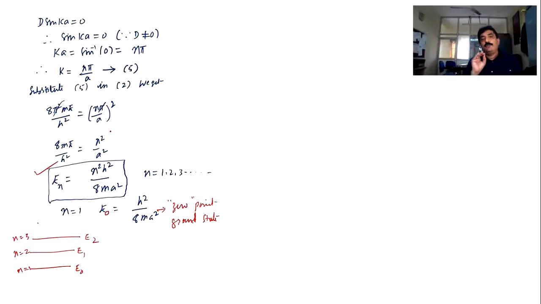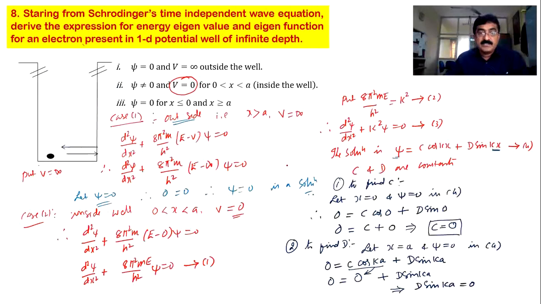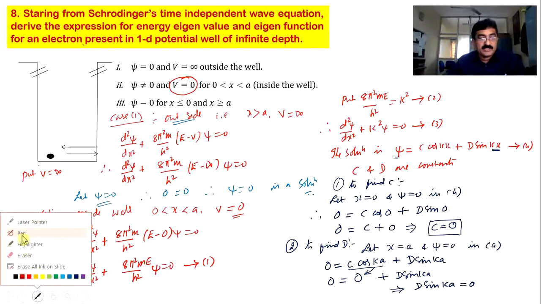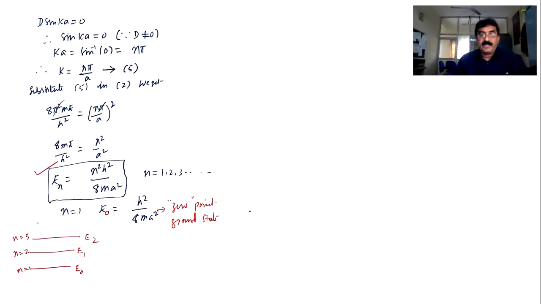But still we don't have any clue about the d value, therefore the wave function is not yet solved. Well, let me continue further. So the wave function, back to the previous slide. This is equation number 4. I know the c value, I know the k value, but I don't know the d value, so I will find it now. Go to the next step. I rewrite equation 4 here.